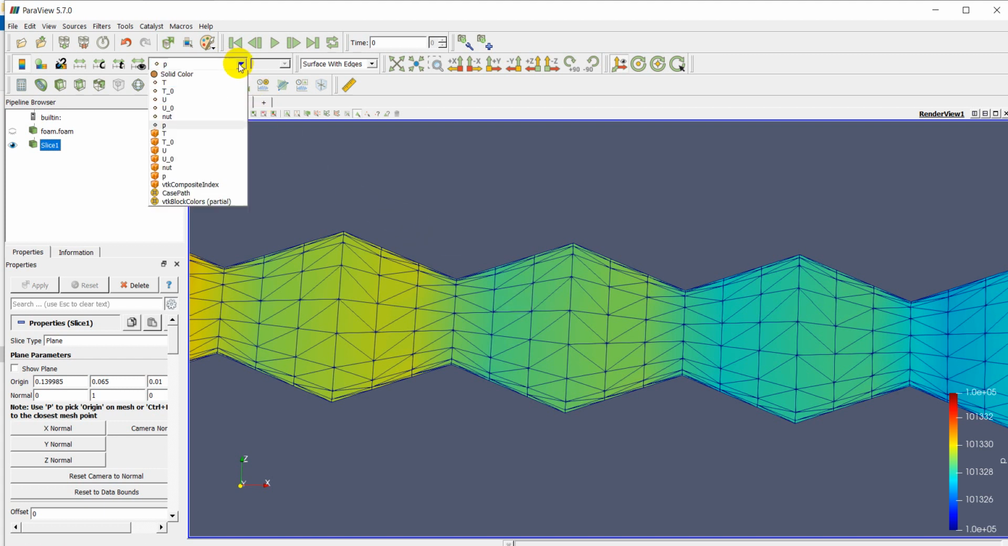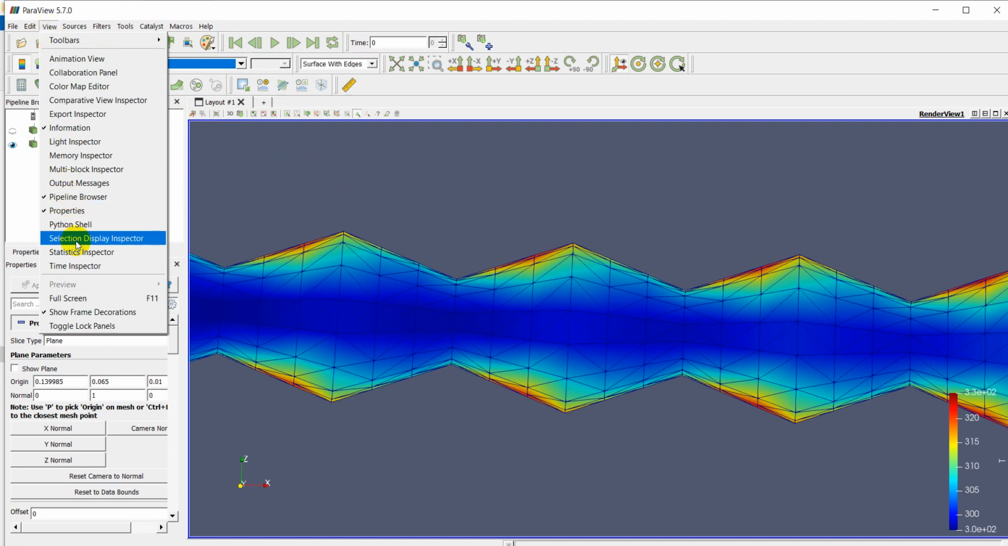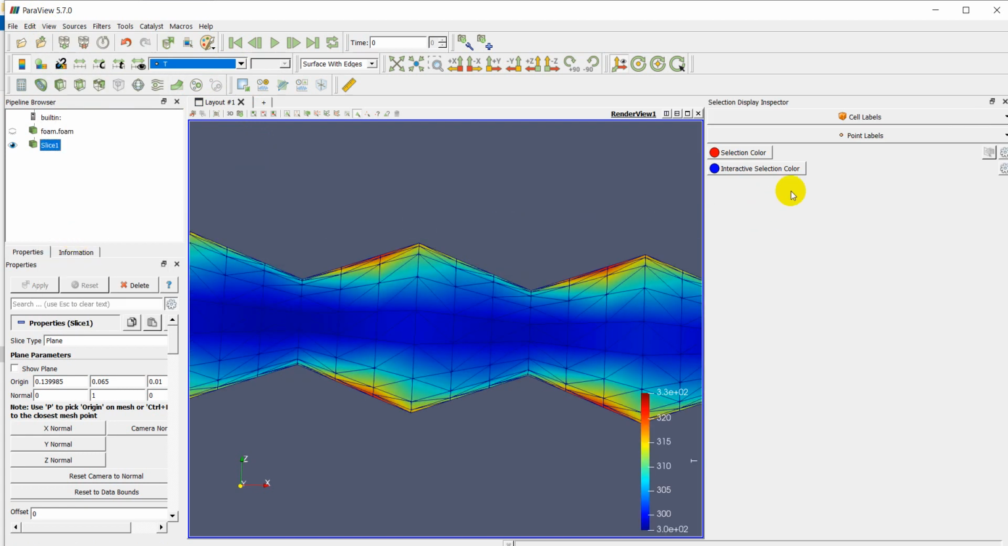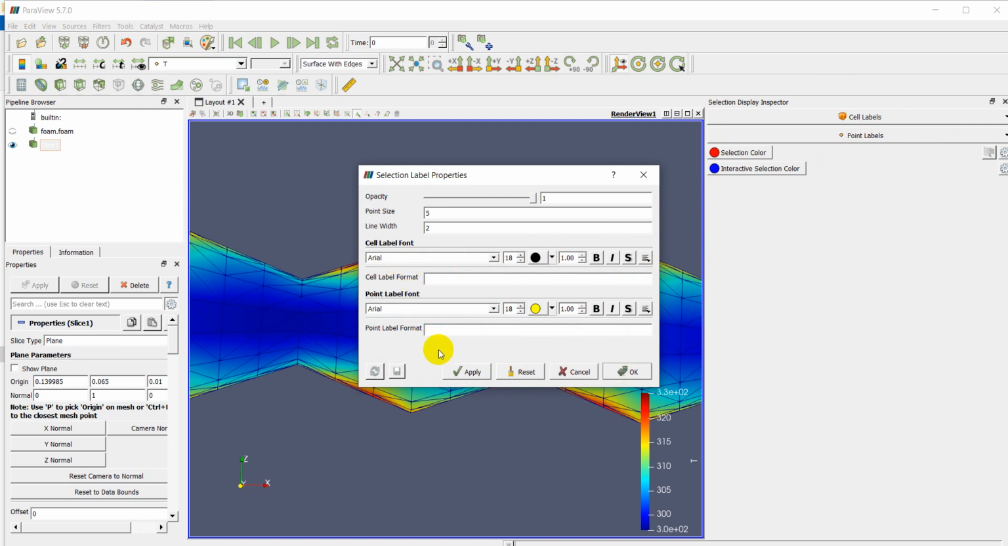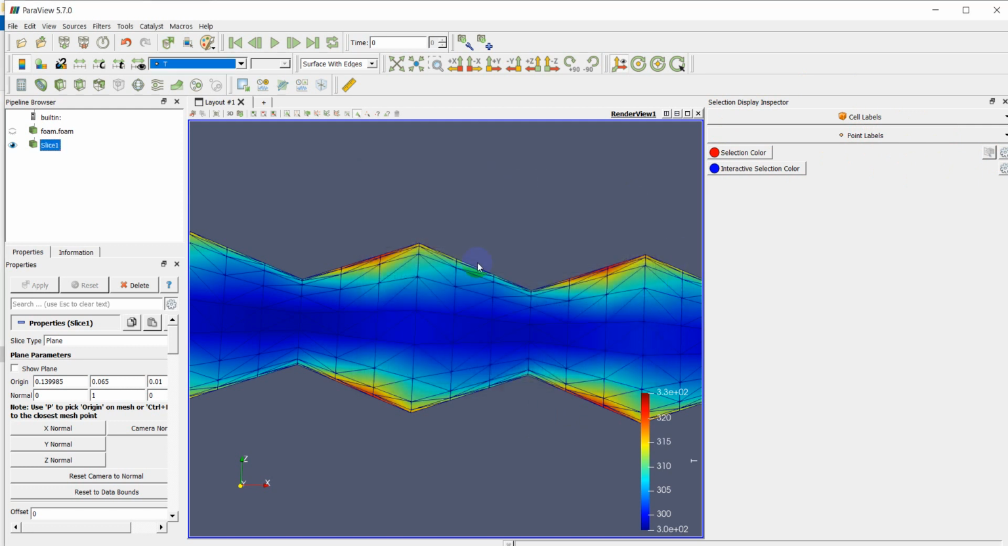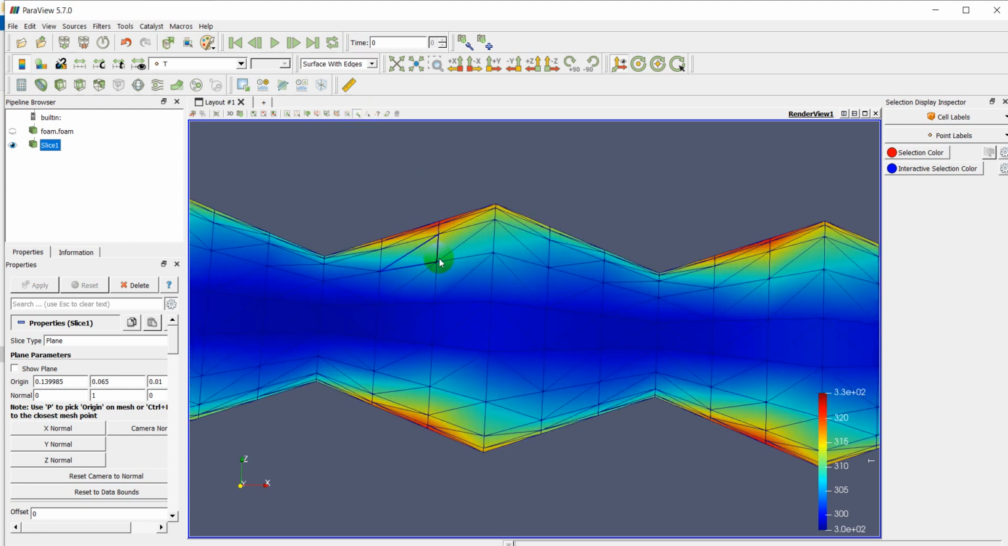Firstly, I change the color to temperature, for example. Here, I have a temperature, and to do that, we click on View, click on Selection Display Inspector, and in here, we can choose the cell labels or point labels, and we can modify the color here. I modify the color of the cell. Okay, I click apply and click OK, and then I will close this, and then to do that, we click on the triangle here. You see, when the triangle looks a little bit inside, it means it's already activated,